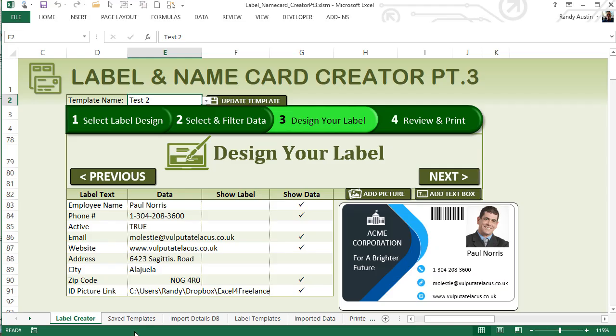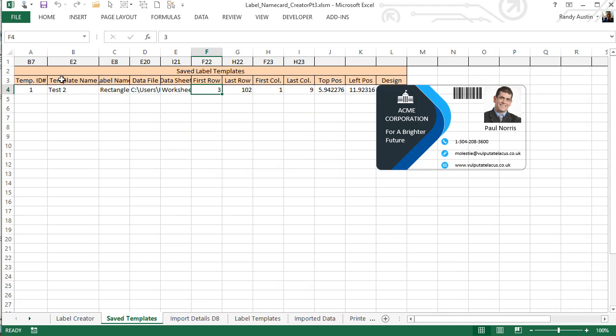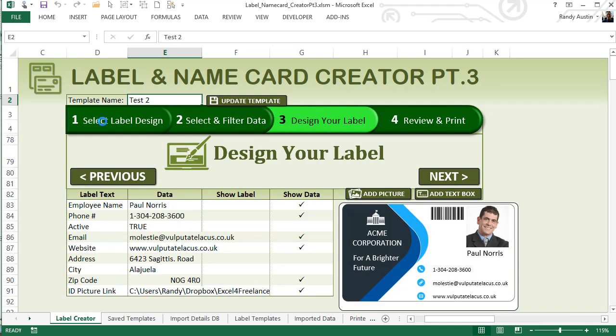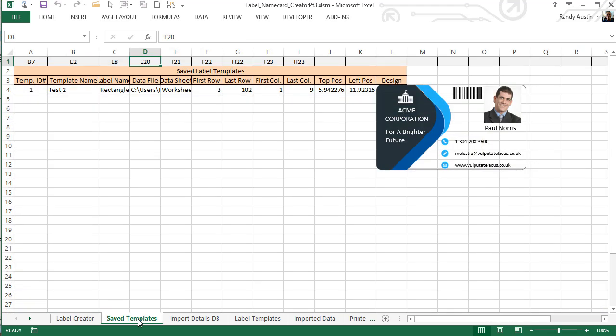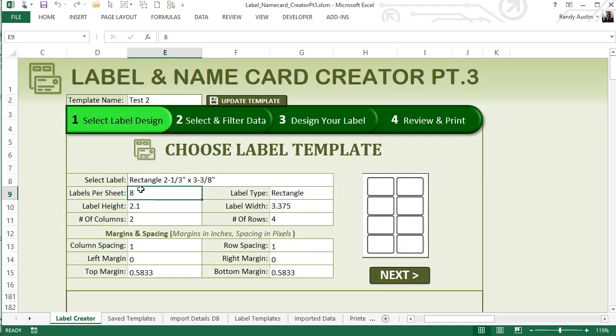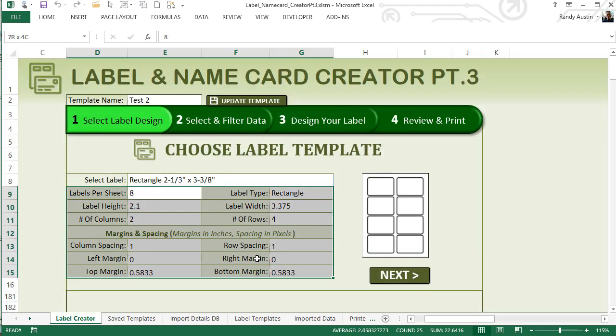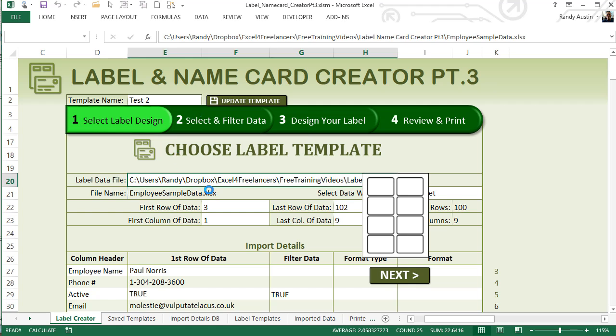Basically, what we're going to be doing is going into the save template. If you notice these cells up here, these cells are related to the same cells here where the data is located in the label design area. So these are the same cells. The label detail is E8, while the labels per sheet is E9. Those are all based on this, and this information is always going to come from the label selected. So when we load the label, this information is going to come. So we don't need to save this information, but the filter in the data is important,